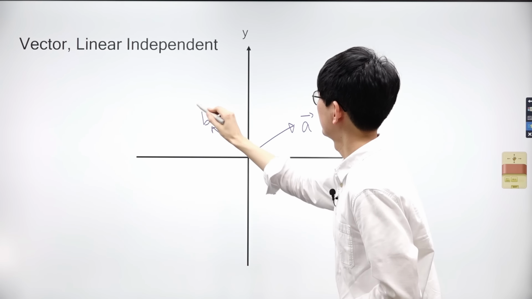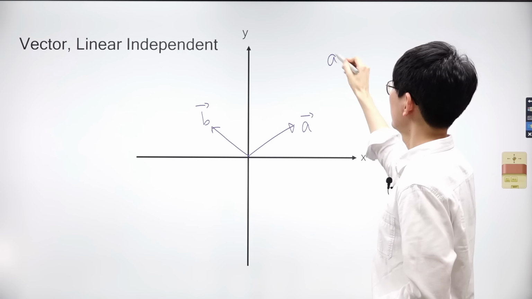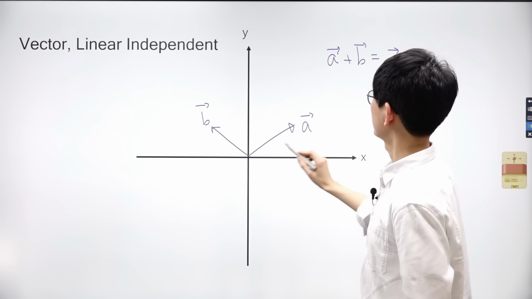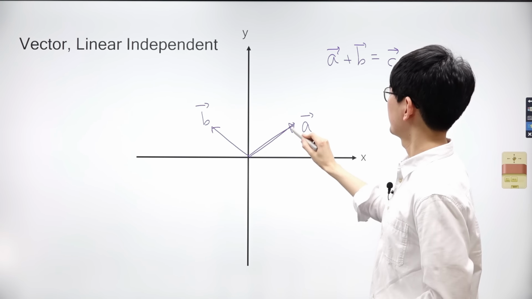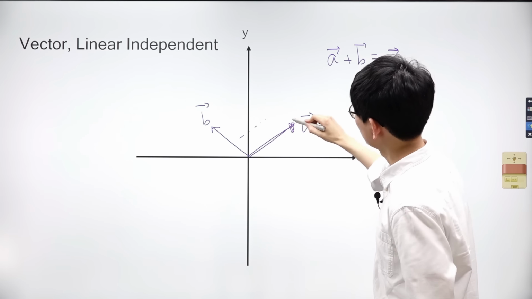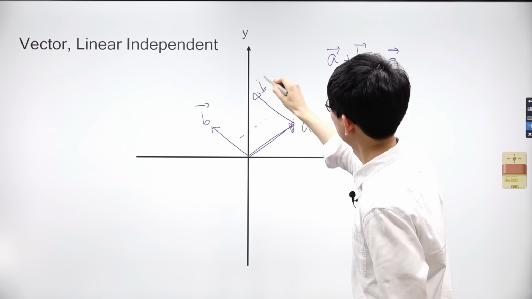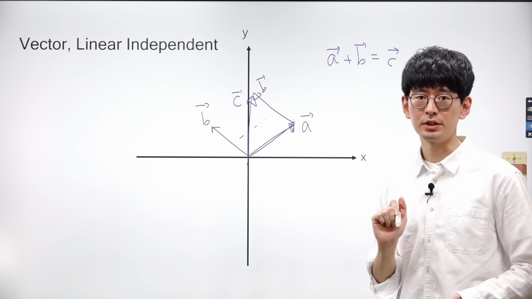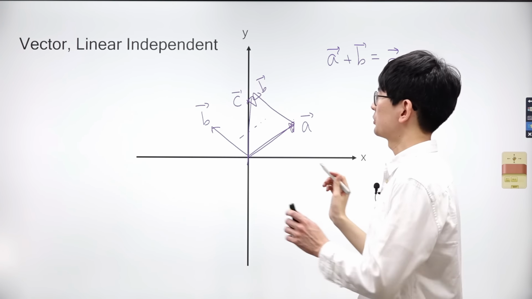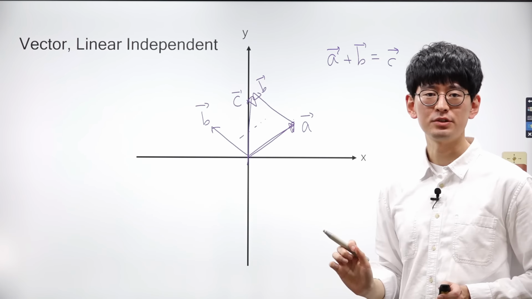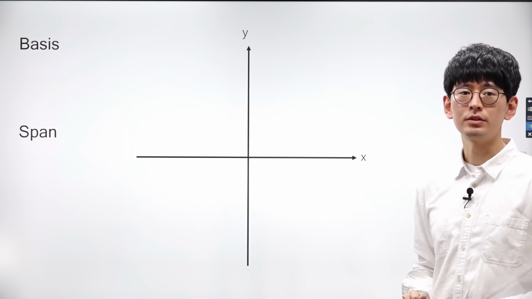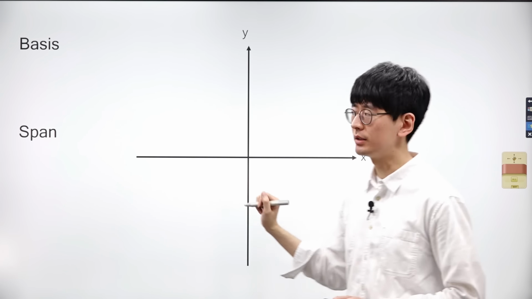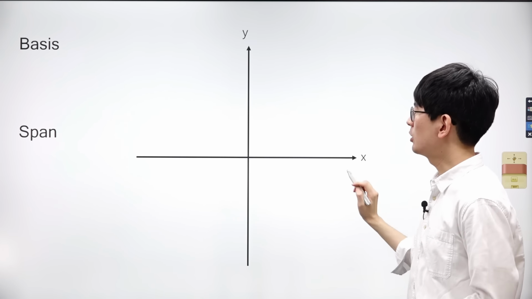Suppose we have vector A, vector B, and vector C, which is the result of adding vector A and vector B. How do we define vector C? Once more, we follow vector A until it reaches its end. Then, starting from the endpoint of vector A, we draw vector B. Vector C is the resulting vector connecting the origin to the endpoint of vector B. It's important to recall that if we can span the entire plane through vector addition between two vectors, then those vectors are considered linearly independent.